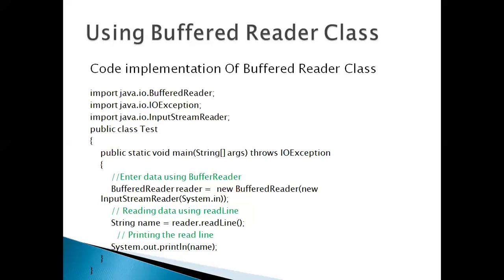Then, to read the data, we need this readLine method. This method we will discuss in the next class. For the time being, you can just know that there is a readLine method through which we can read data. And to print, you all know System.out.println followed by the variable name which is storing our input. In this case, our input is of type String and it is being stored in the variable name. So we are printing it using System.out.println(name). So this is the first method.